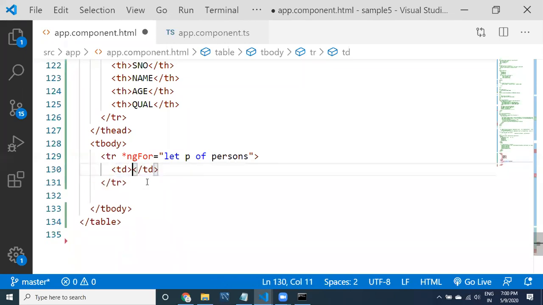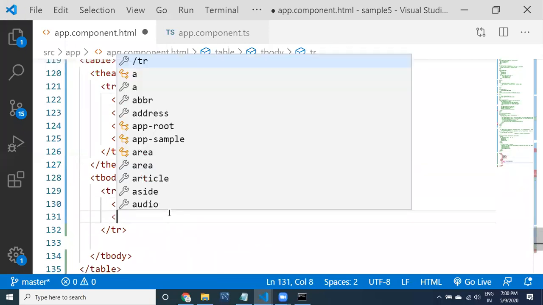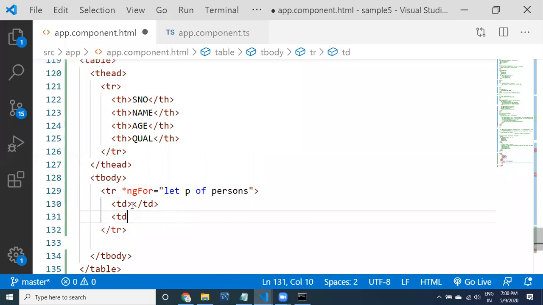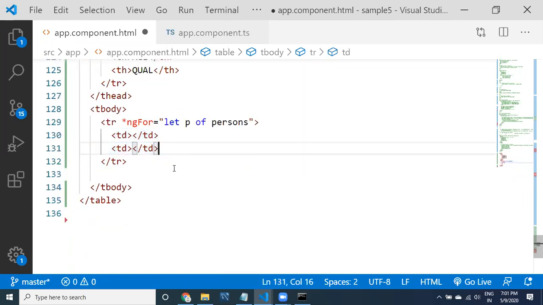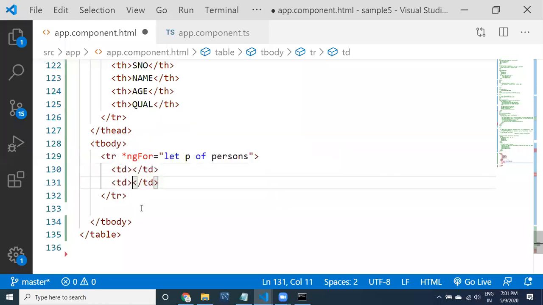Multiple tds I need to take. What are the things we have? Serial number is not available, right? Let it be first. I just provided nothing here, blank, and I will come to this first td after finishing the other tds. Name is what?